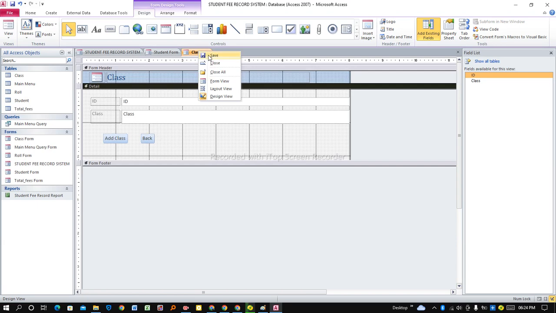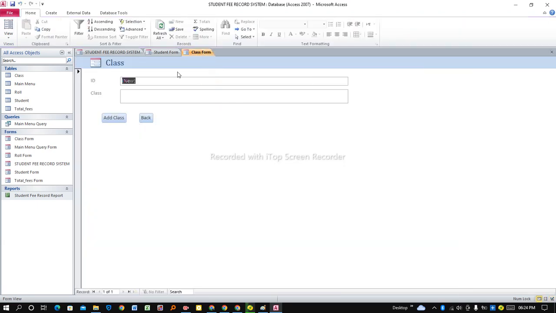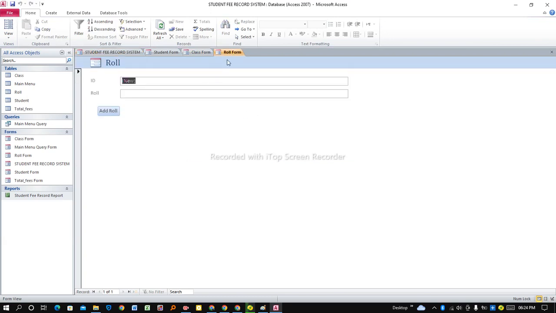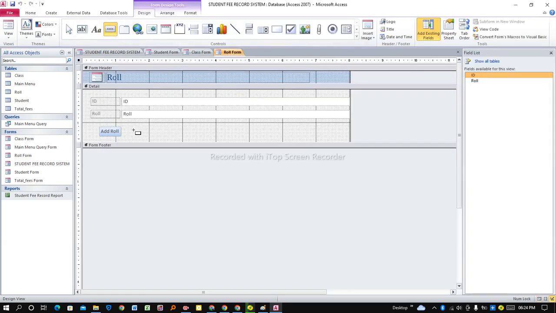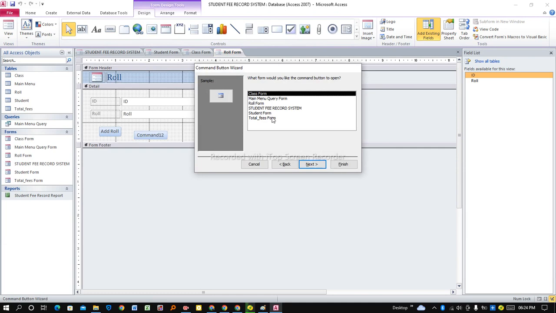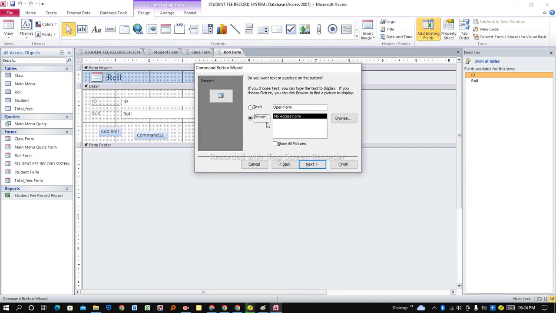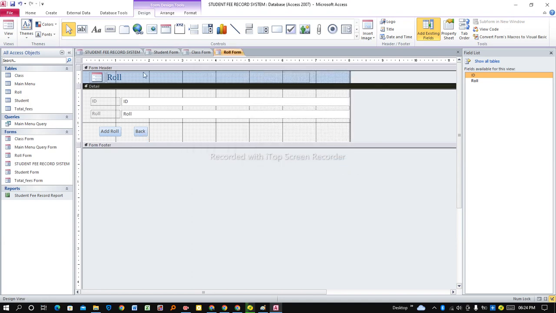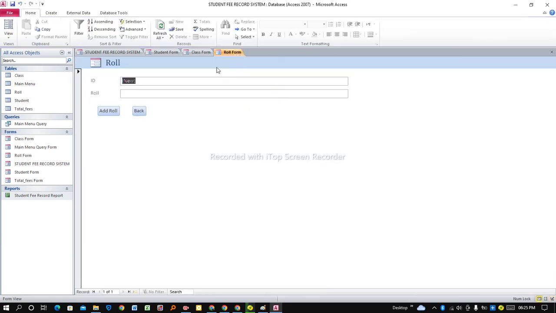then you save, then open form view, click back, click add role, you repeat the same procedure, we go to design, add the button right there, form operation, open the form. Next, student fee record system. Next, text right there, back, click next, then you finish. Align the buttons well, then you save it, then open form view,